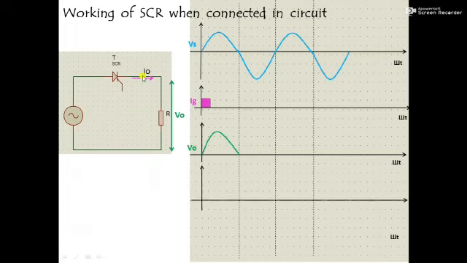Also we see the waveform for current I0. So this is your I0. I0 will be the same as V0. Why is it the same as V0? I0 and V0 are in phase with each other because the load taken is a resistive load. So because it is a resistive load, the current flowing through it and the voltage across it are both in phase with each other. So your I0 will look like this.